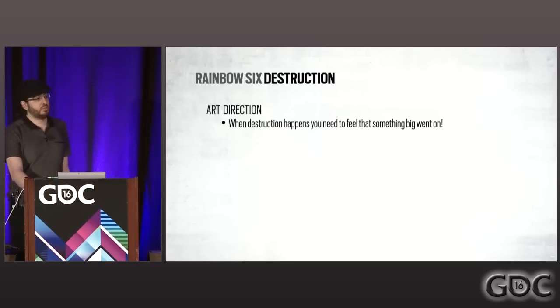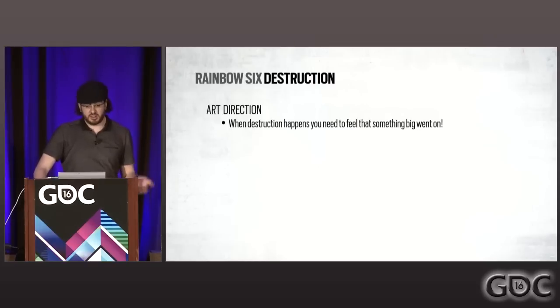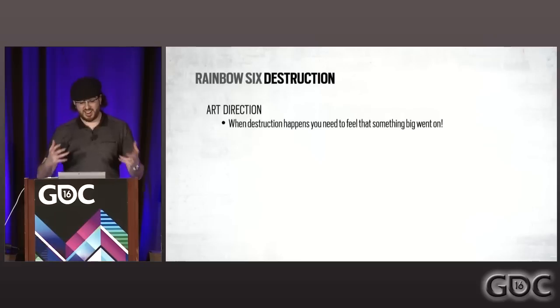So Rainbow Six destruction, we had a main guideline from the art direction, which was when destruction happens, it really needs to be visible. So when you go into a room, you don't see destruction happening, you just see the aftermath of it. You need to know that there has been a big change. So we need to pretty much have better persistency of objects, and have this feeling of a lot of volume